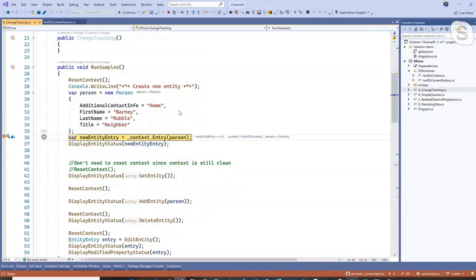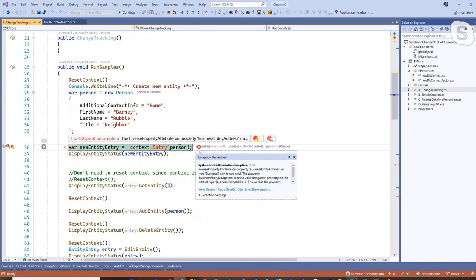All right. So I have this new person. I'm getting the state of this. This is an interesting syntax because we haven't added it to a DbSet yet. But I can say context, which is my DbContext, Entry, and it gets me the entity entry, even though it's not in the actual DbSet at this time. So if we want to,